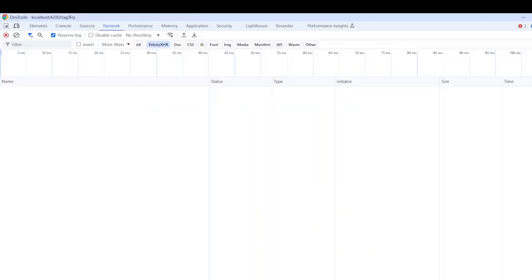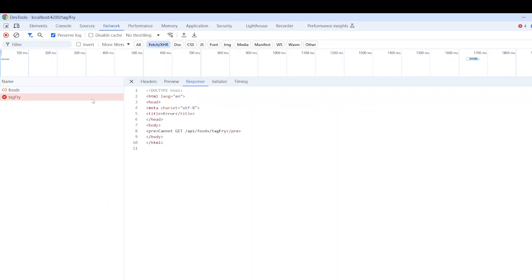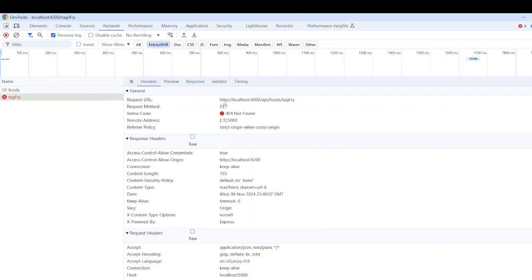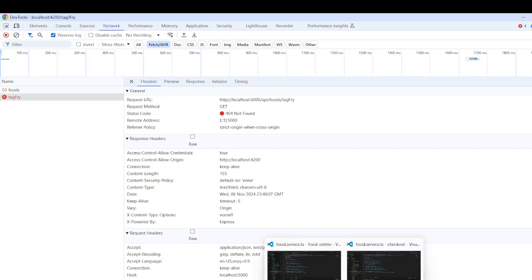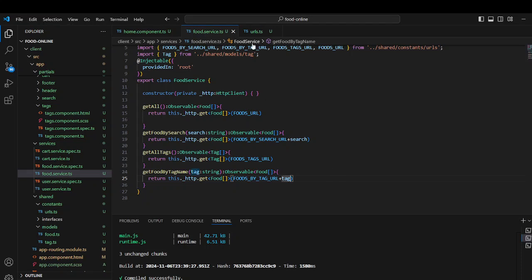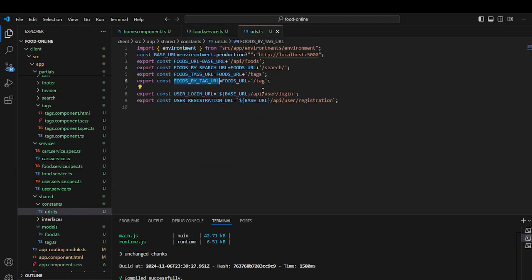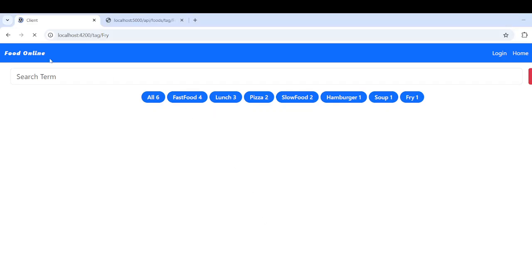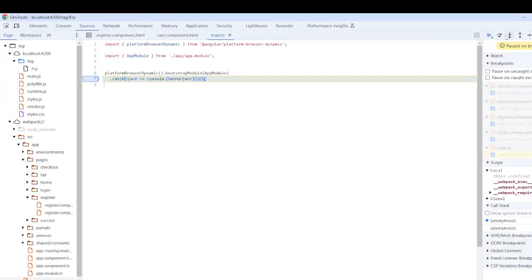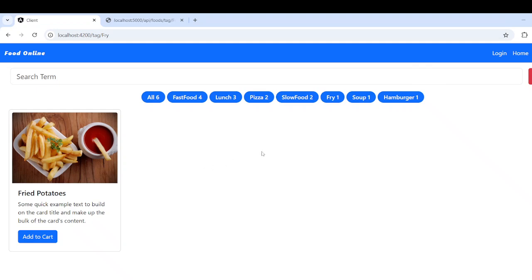I'm clicking on fry. See, it is giving us a 404, and you can see the slash is missing here. Okay, now go to the code and add the slash here. Foods, add slash. Now try again. See, we got the